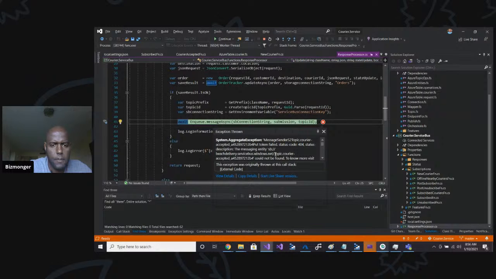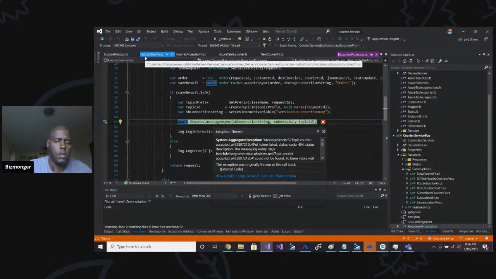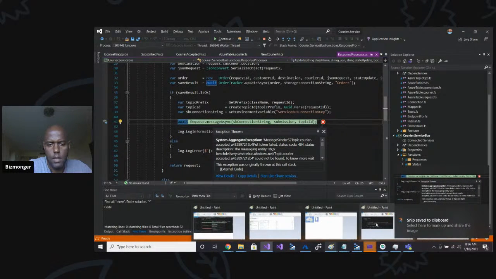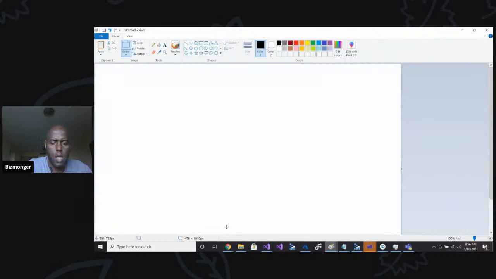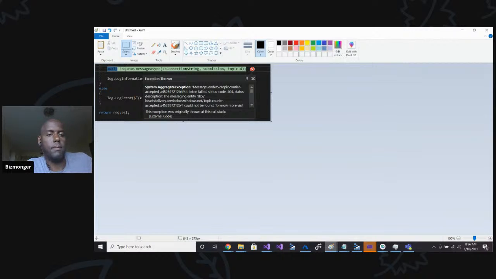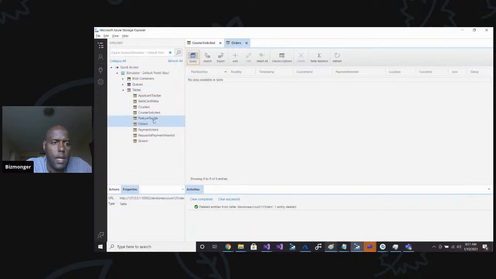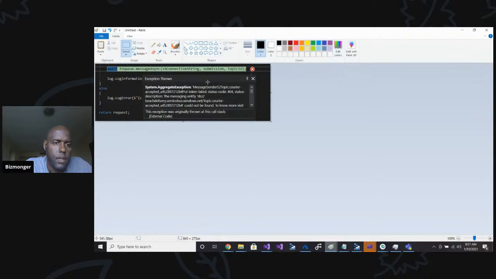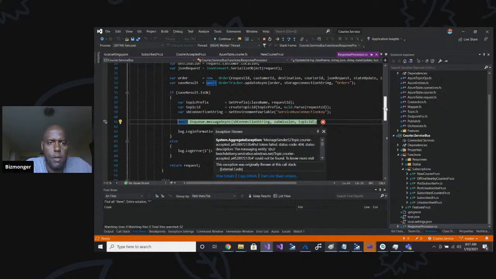Okay. So let's shift Windows S. Let's throw that, we'll throw it in here, right? And it's because the order is 2B4. That's the last 3 digits of the order ID. 2B4, yeah. So it's saying that we never created a topic for courier accepted. So then I'm like, okay, if I didn't create a topic for courier accepted,